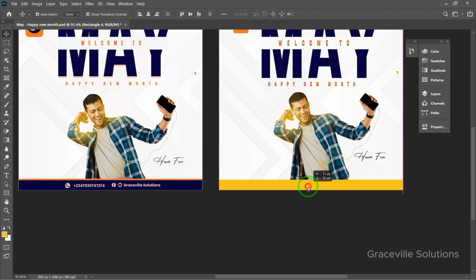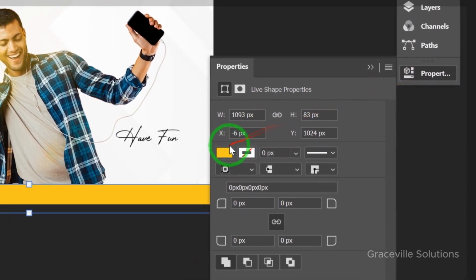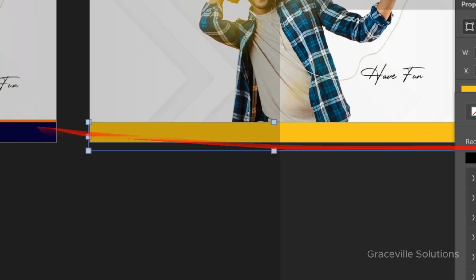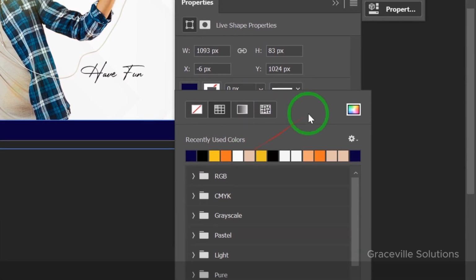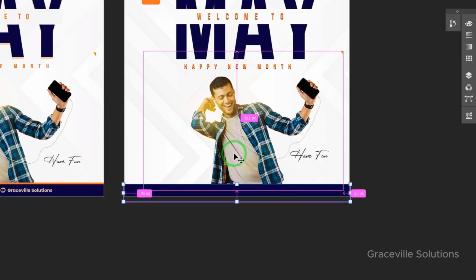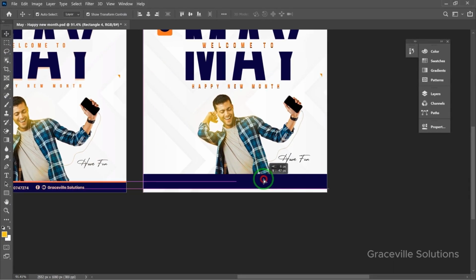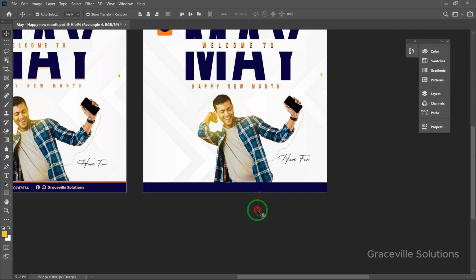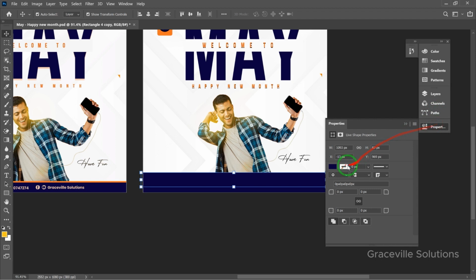All right, then I'm going to go to my properties tab right here, change this to blue. All right, then I'm going to duplicate this one, Alt click and drag. Oh, sorry about that. Alt click and drag, go to properties, change this to